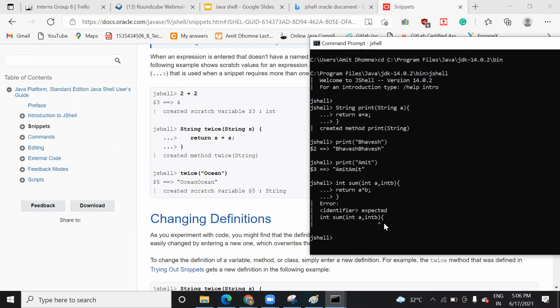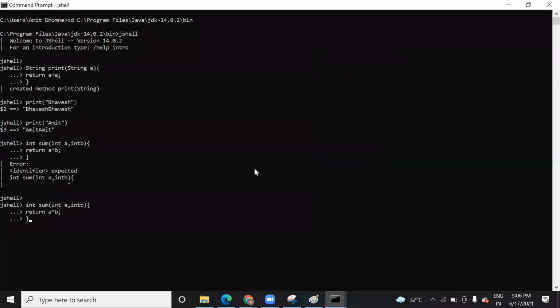One more thing, you just press the page up button. Yes, I tried that. If you want to bring that back, you can simply press the up arrow. Page up is a different button. In my laptop, page up is on an arrow button.